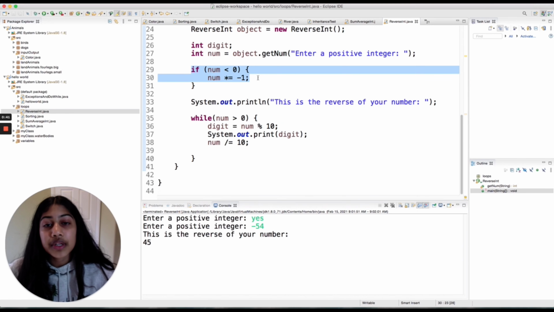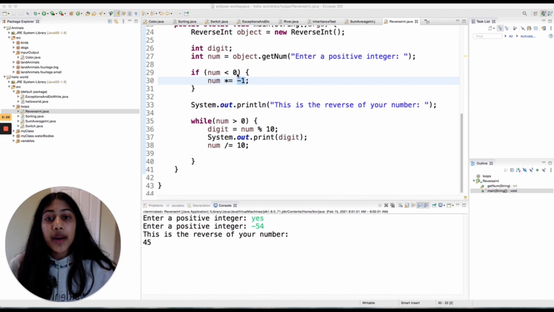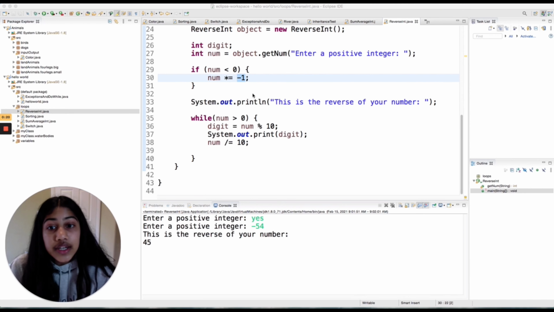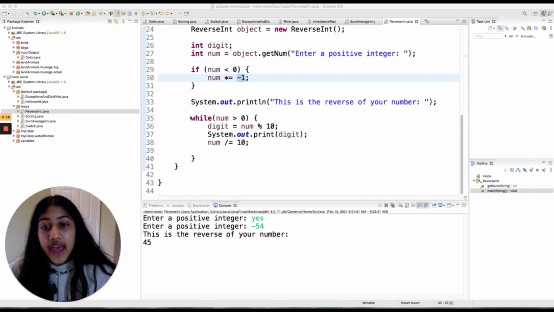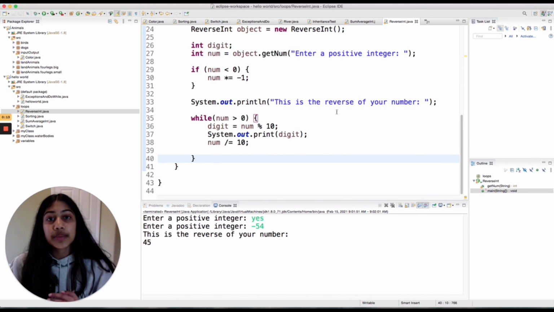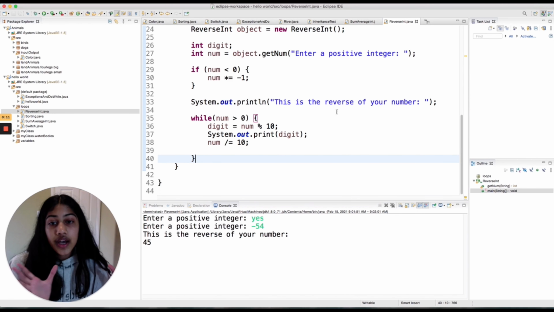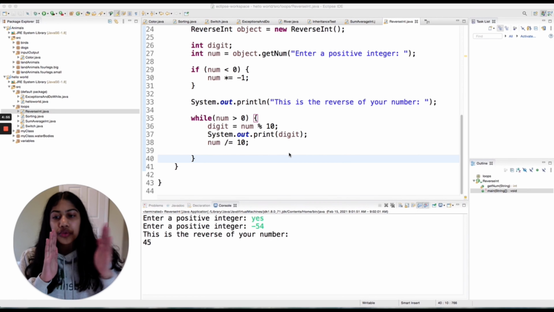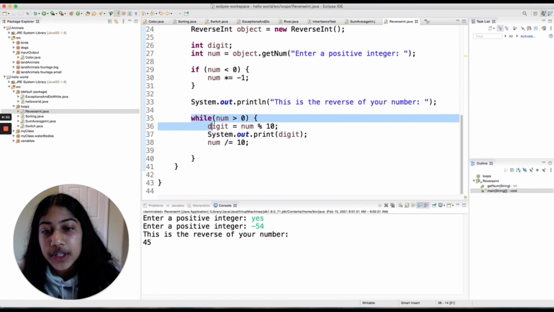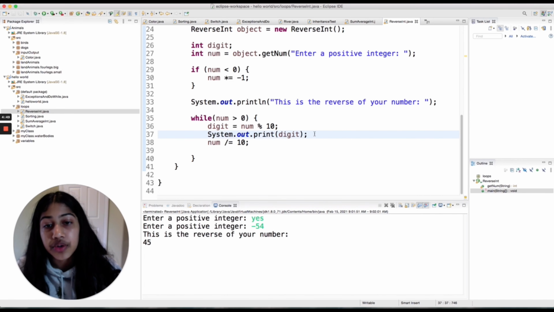And so what I'm going to do here is multiply it by -1 if it is negative, or less than 0, because then that will just turn it positive. And then in this piece of code, I'm going to use the modulus and division to go through each digit and reverse it, because I'm going to make a while loop. So while num is greater than 0,